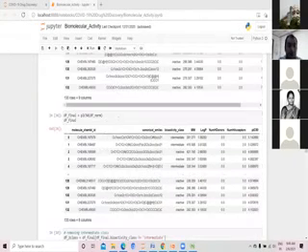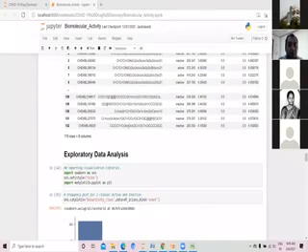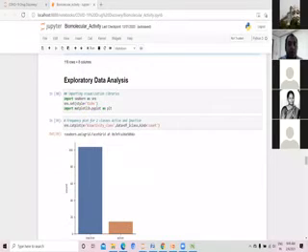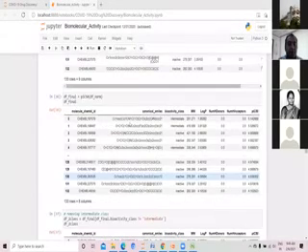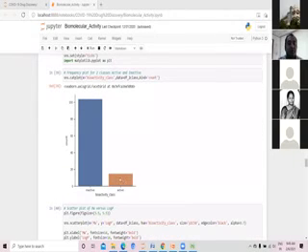And now see, IC50 values were there. So this is the bar chart. So these many compounds were found to be active, and these were found to be inactive. This we do with matplotlib.